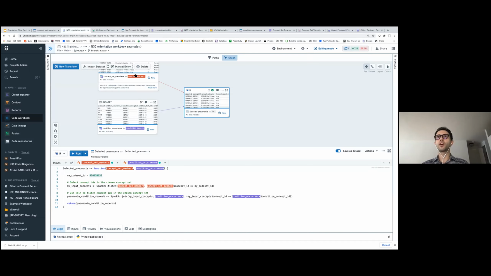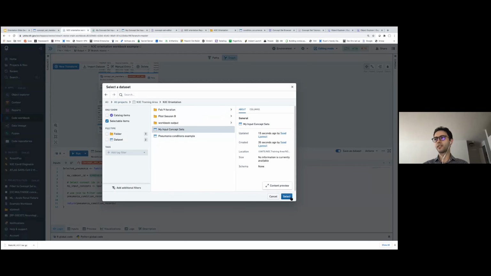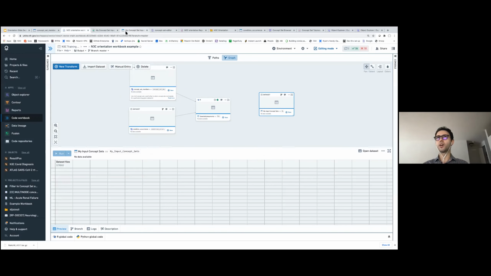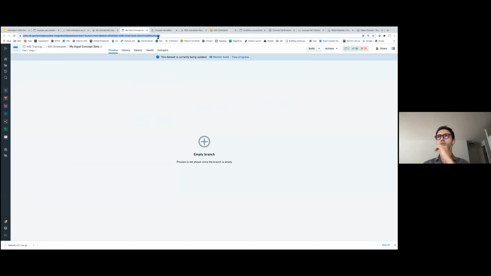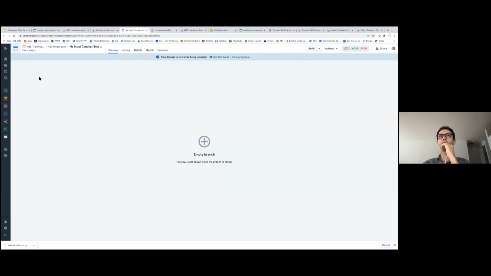So let me go back to my workbook and do an import data set. And it is saved in my N3C orientation, and this is the input concepts. So it'll just take a few seconds to sync. So let's give it that time.